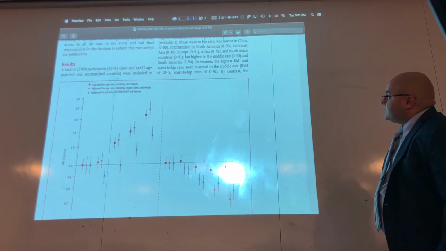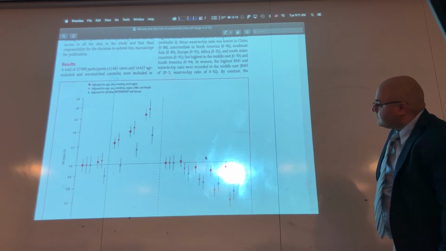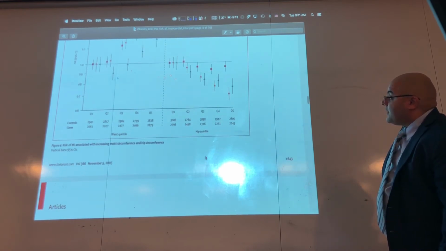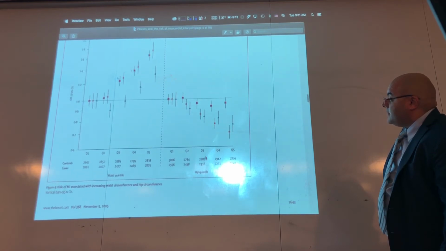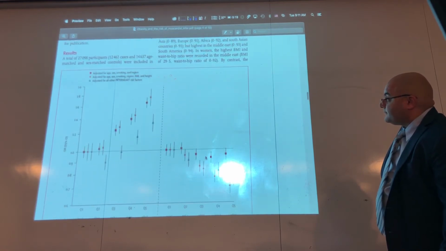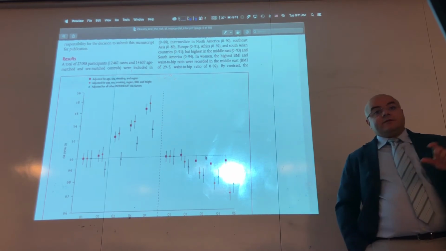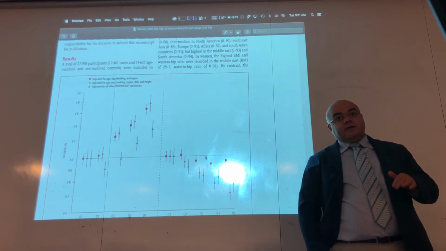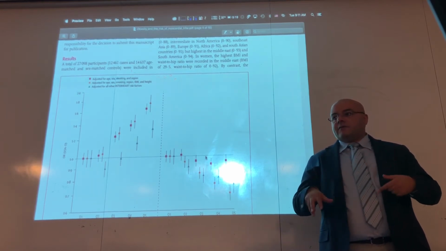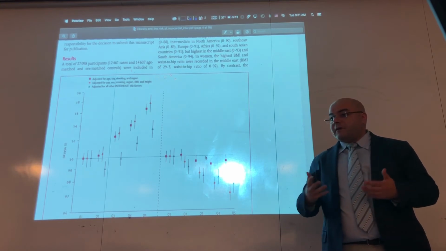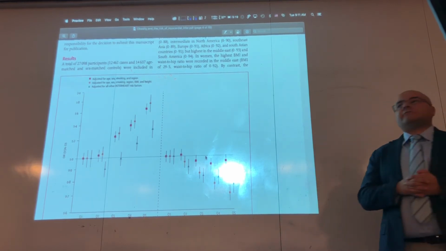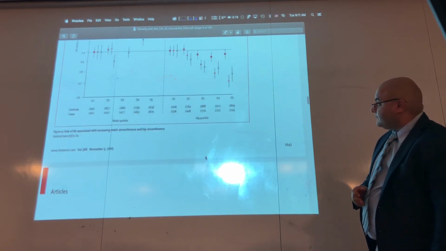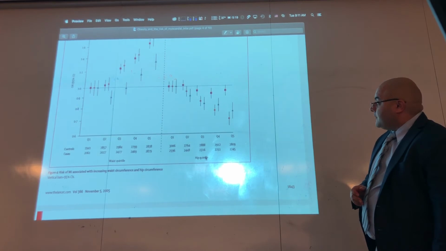Notice here, a risk of myocardial infarction associated with increasing waist circumference and hip circumference. So here of course they calculated the odds ratio of the association between them. Today I'm going to interact more with you, to get familiar with how to read epidemiological studies properly. Okay. So notice here that they estimated the odds ratio of course for the cases and controls. Okay.